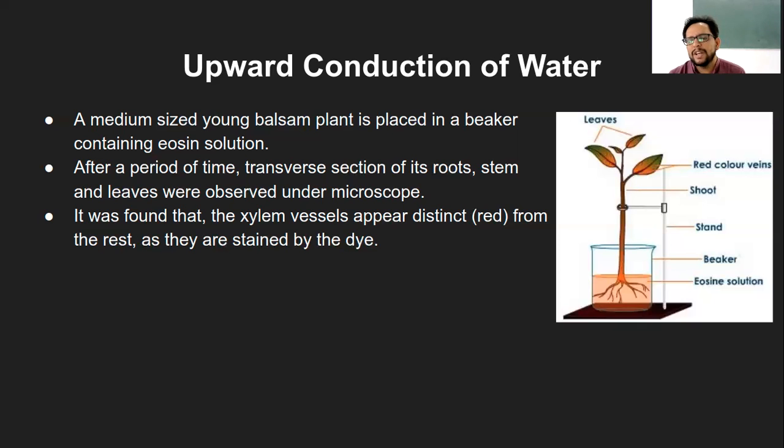if you keep it, let's say, for 24 hours to 48 hours, more water will be absorbed, and this red colored water or eosin solution will reach each and every part, or rather most of the cells within the leaf, within the root and within the stem. And that way even the other parts will have a little reddish or orangish color, but that is only after a long duration of keeping the plant in the eosin solution. For a short duration, you will only see xylem because that is the only medium of transport of the water.